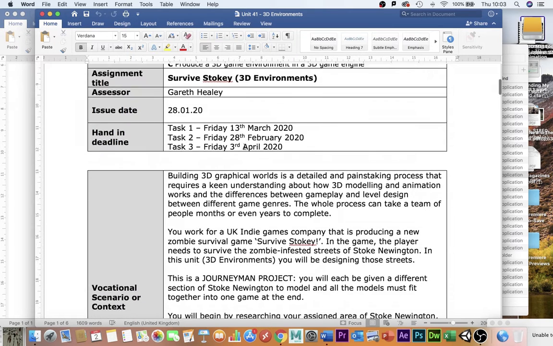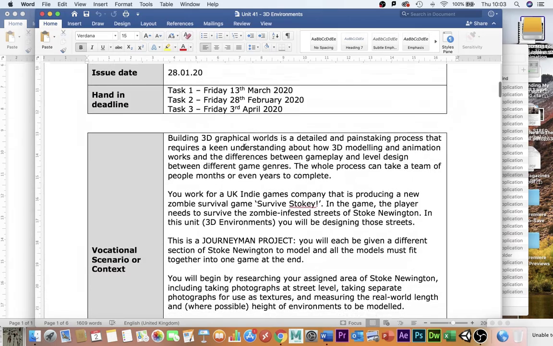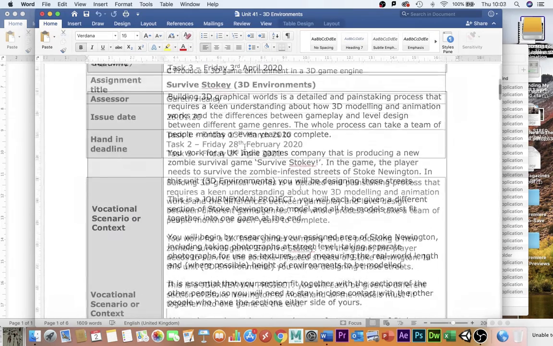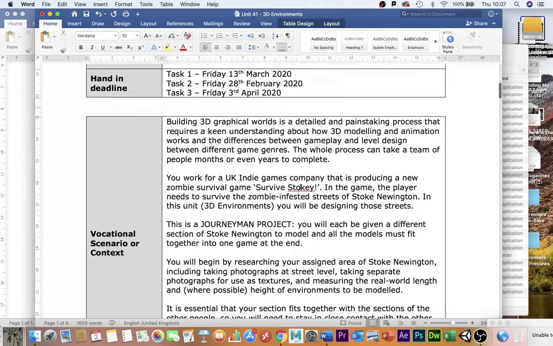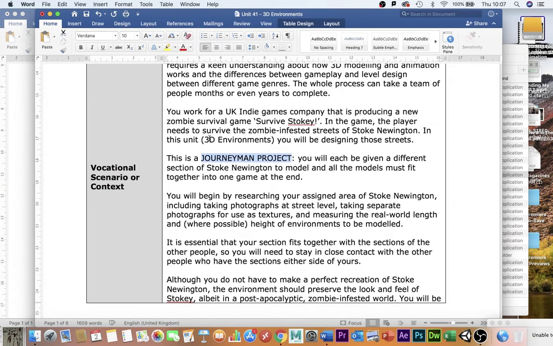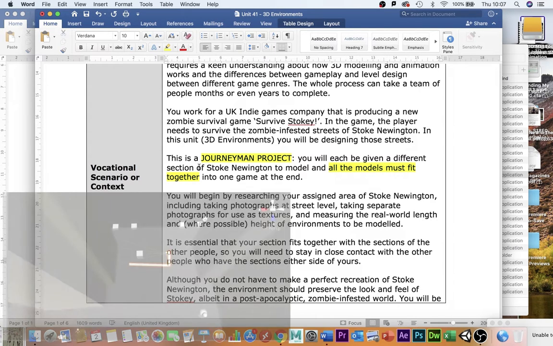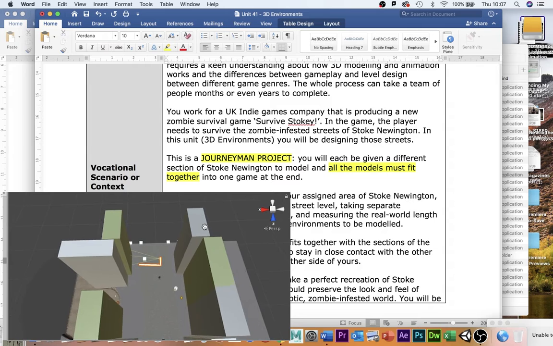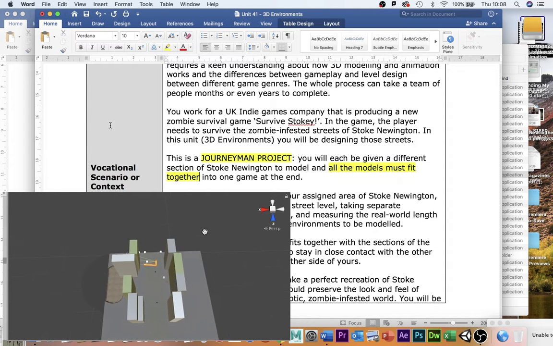This brief asks students to design a 3D environment for a zombie survival game. So if we break this down a little bit, we can see some of the technical constraints coming in early on. First of all, this is a journeyman project, which means I'm going to be working closely with other people, and all of the models must fit together. This means they're all going to have to be the same size, or at least the bits that join together are going to have to be the same size. You could imagine that the street sections might all be different lengths, but they have to be exactly the same